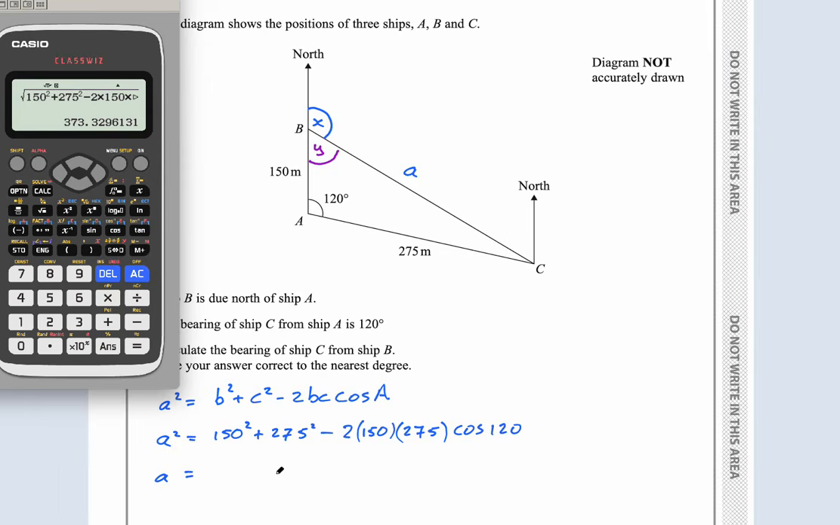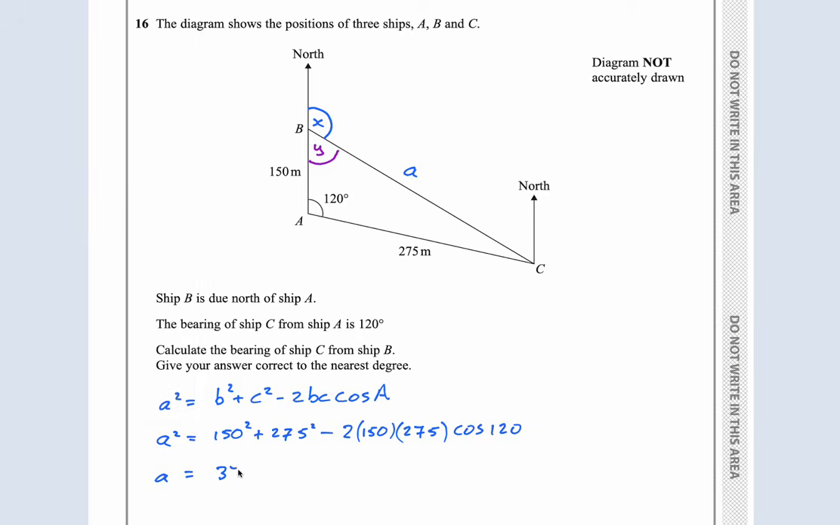373.3, let's just say 373.33, which makes sense because it should be the longer of these three sides. So A is equal to 373.33. Now I can use the sine rule to find y. I can say the sine